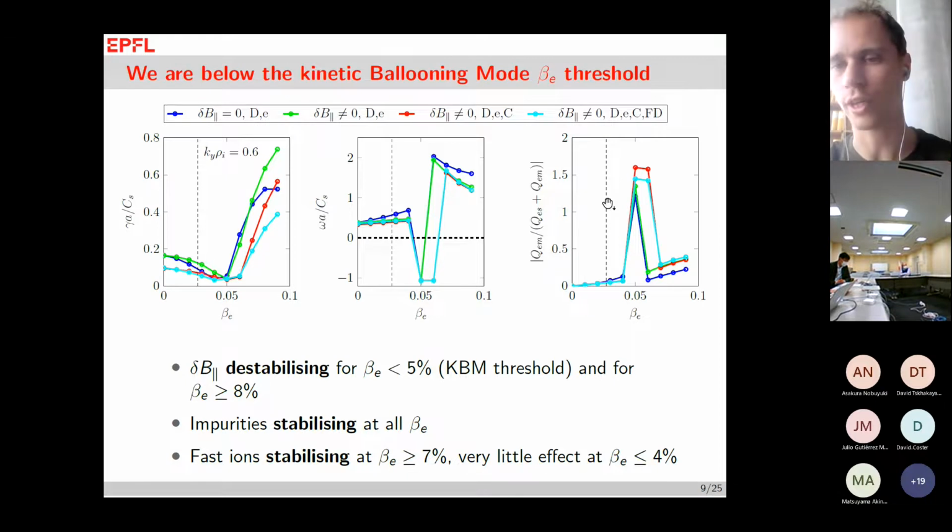If we look at the ratios for the heat fluxes, you can see that essentially we have electrostatic modes at low beta. Then exactly at the transition from this mode we have in the beginning to the KBM mode, we get some electromagnetic components before transitioning to the electrostatic KBM mode. So this again illustrates that we really have a vast range of modes that are present in our scenario, and that's going to affect our nonlinear results.